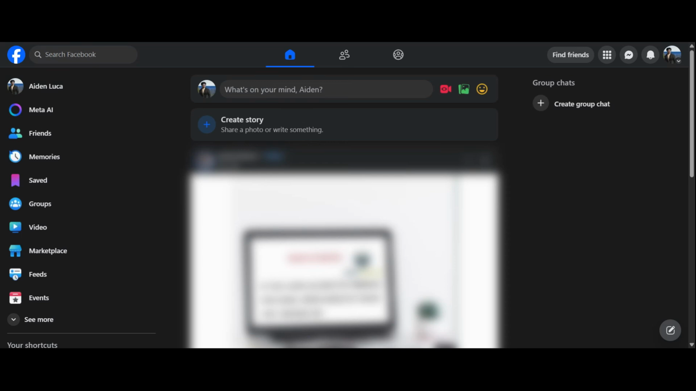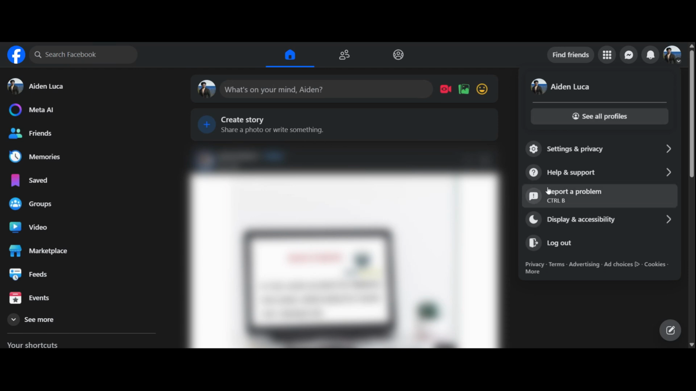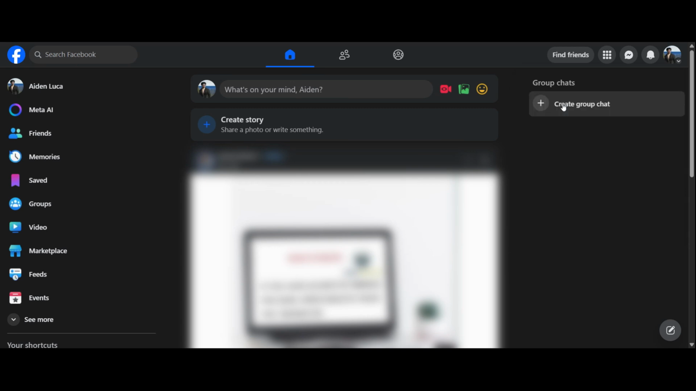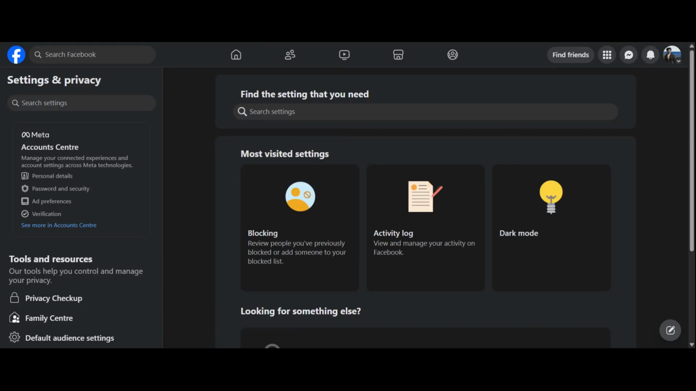Let's jump right in. First, open Facebook and go to the top right corner of the screen. Click on your profile picture. This opens up your account menu, where you'll find all the main settings options you need. From here, look for Settings and Privacy and click on it. Then choose Settings. This takes you into the main Facebook settings area, where you can control your account, privacy, security,